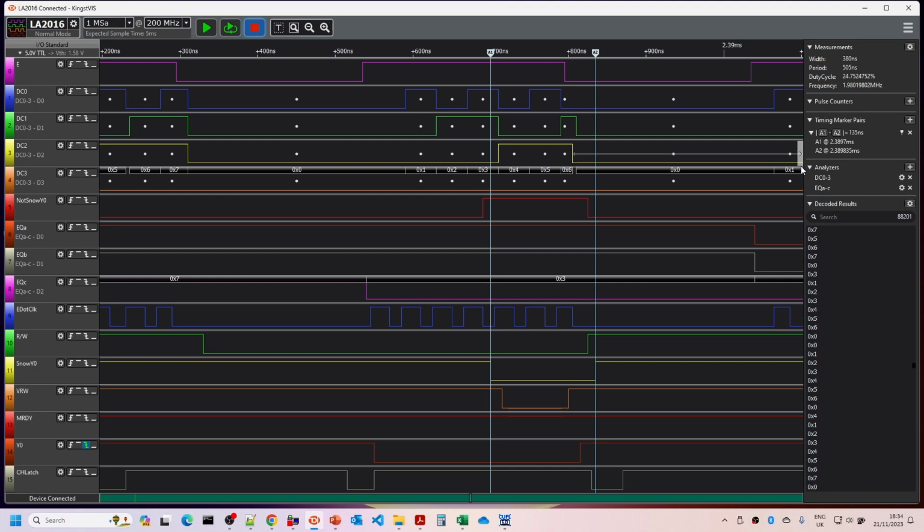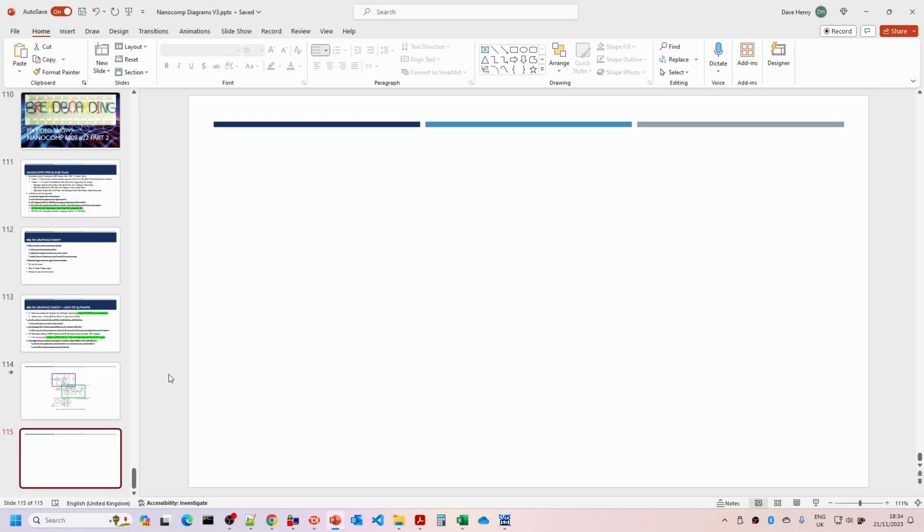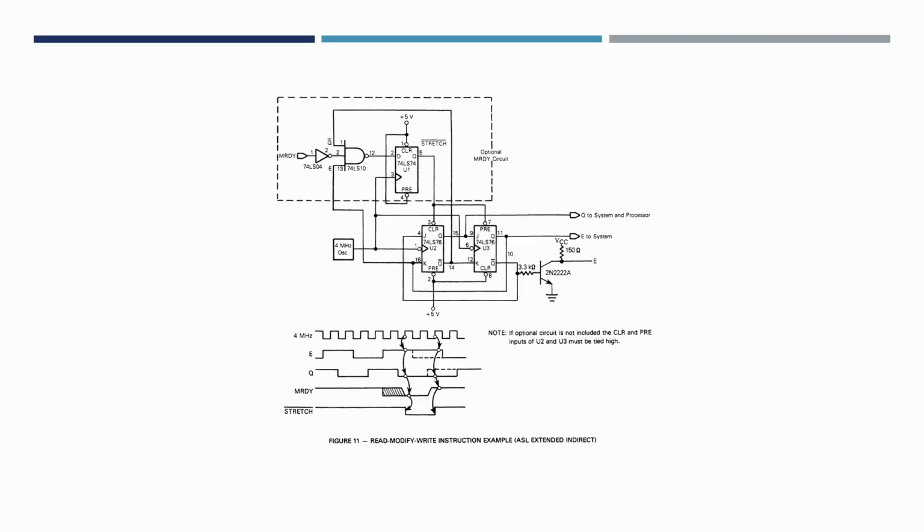So what I'm going to do now is have a look at the circuit for the E clock signal MRDY. This is the one that we've already got, and at the moment these 2 pins here are tied to high. So you see that at the moment the optional circuit is not included. Clear and pre-inputs of U2 and U3 must be tied high. So pin 3 and pin 7 here will currently be tied high, and they will need to be hooked into